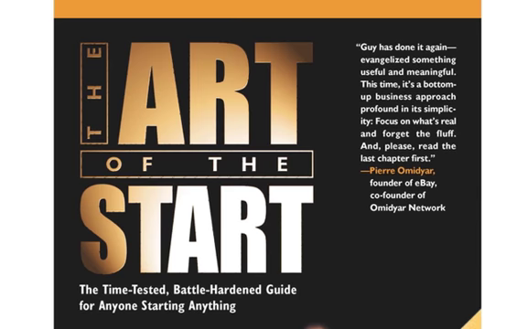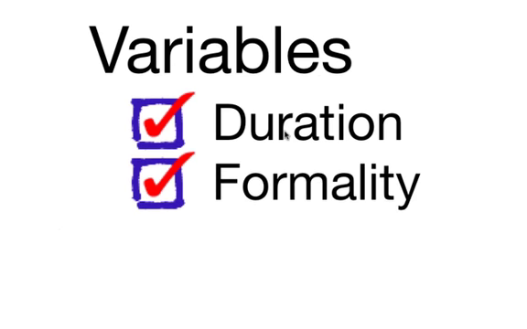And let's go ahead and get started learning about pitching. There are three main variables. Number one is the duration of your pitch. Is it 30 seconds, 30 minutes, or an hour? Most of the time, pitches are very short. You happen to run into someone and you get a chance to make a pitch. These short pitches are often called elevator pitches because you're supposed to be able to deliver the pitch while you're on the elevator. The second variable is formality.